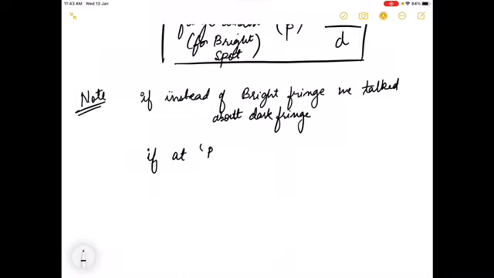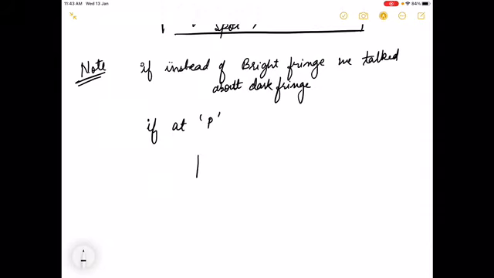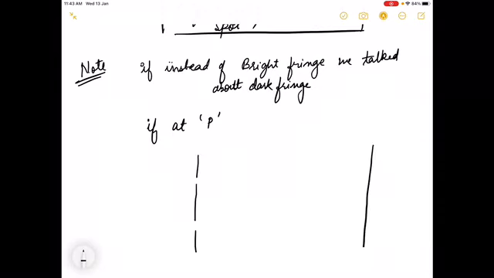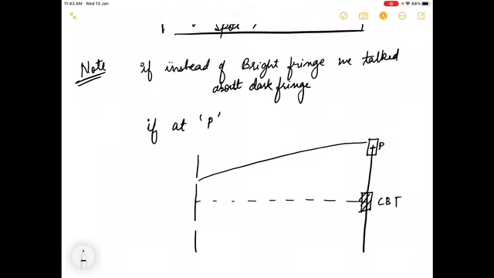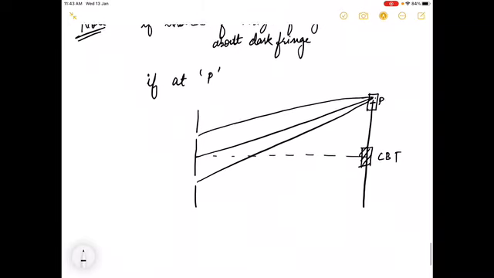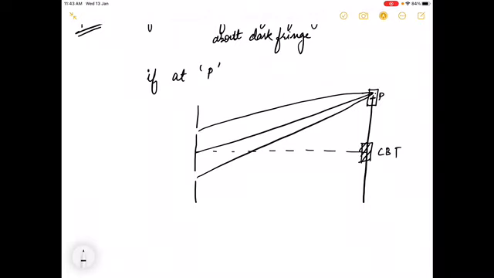at p point, मतलब जिस पॉइंट पे हम बात करें, that means यहाँ पे आप चेक करो, ऐसा कुछ डायग्राम था, right? So this was your central bright fringe, right? और ये जो आपका पॉइंट है p पॉइंट पे, let's say here comes your nth dark fringe, right? अगर यहाँ पे nth dark fringe होता तो हम लोग कैसे इसको solve करते, right? So how would we have calculated the fringe width for your dark fringes, right? So very important, you have to understand here, right?